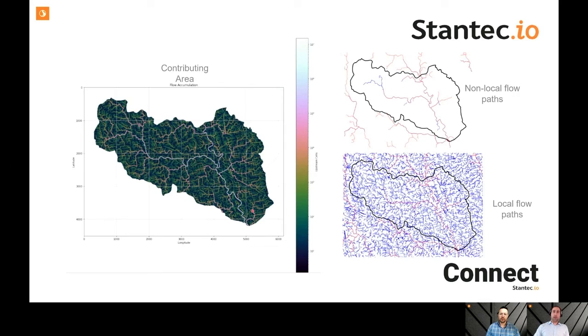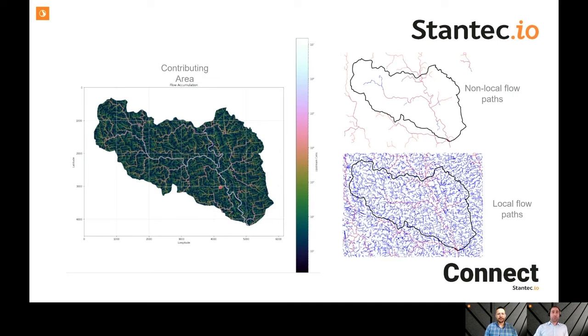And here we're showing how we calculate using GIS the contributing area. So we can see the light pink shows where the contributing area is quite high, which are the main river and the significant stream reaches. And the green shows where the contributing area is smaller. So these would be the local streets where flow is starting to accumulate before it's flowing into the more prominent